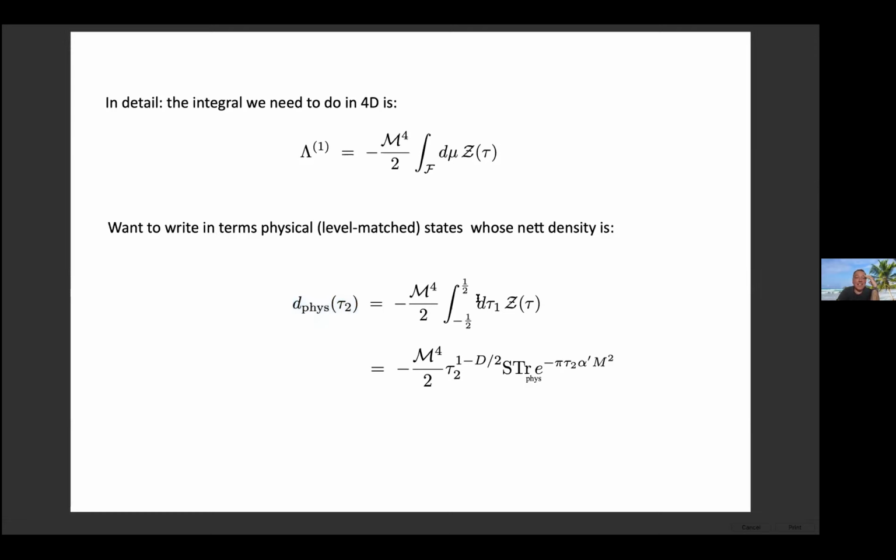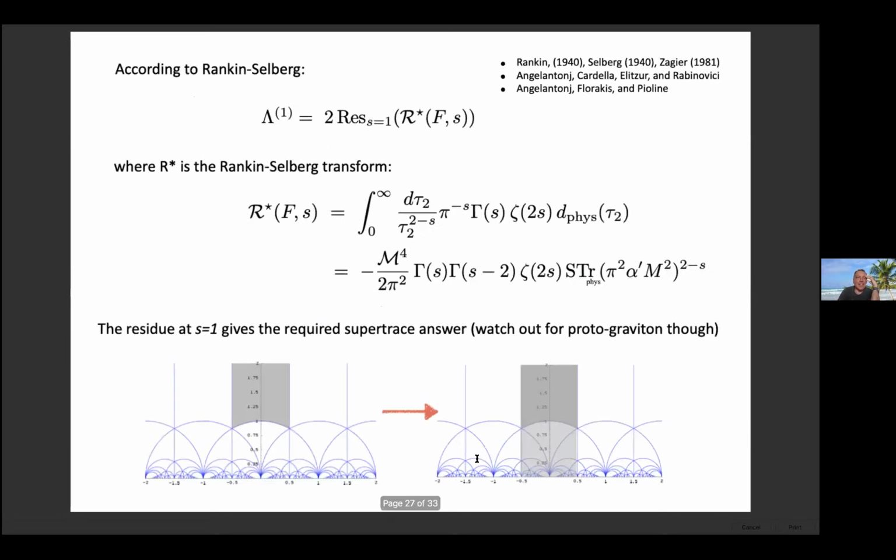In order to get it out of Z, all I need to do is set the levels the same, right moving and left moving. So I can do an integral over tau 1, which is integrating over the fundamental domain that way. I do that integral, and it extracts for me this object here. It's like what appears in the Schwinger integral at the end; it's the same object. So I'm going to look at that thing and extract from it the lambda. It's one way to do it.